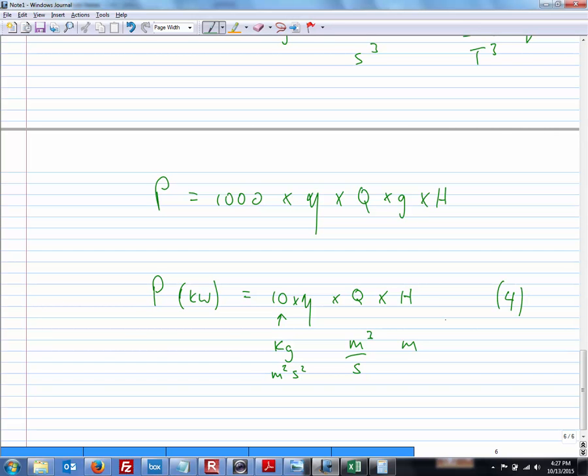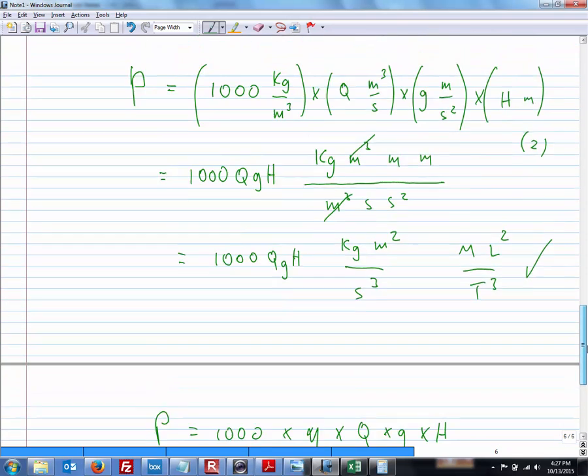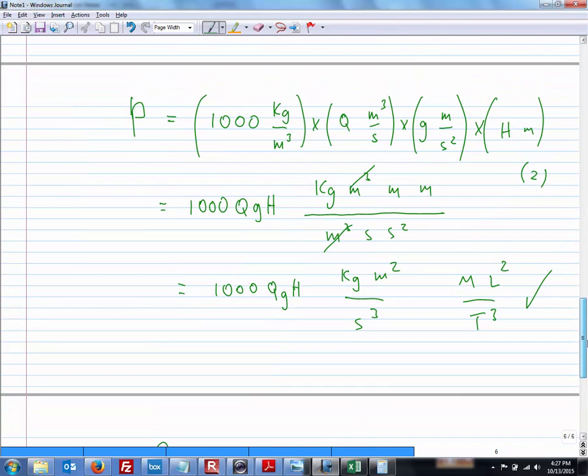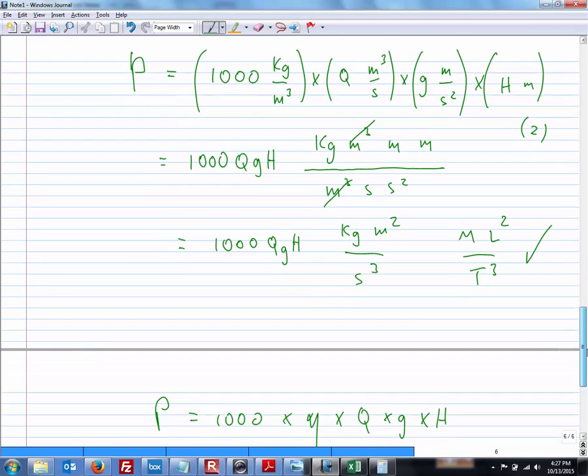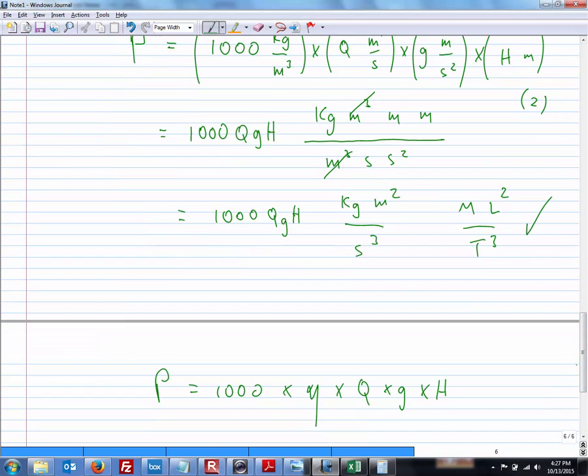So if you want to dig down into equation 4 and figure out exactly where those are coming from, you can do a very similar dimensional analysis to what I just did with 2. Okay, so what's mentioned here is that they're looking at about 83% efficiencies in some of these, and that's just because there's heat, there's friction, there's also